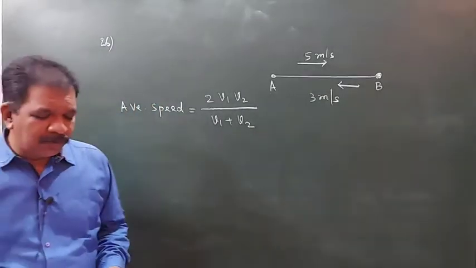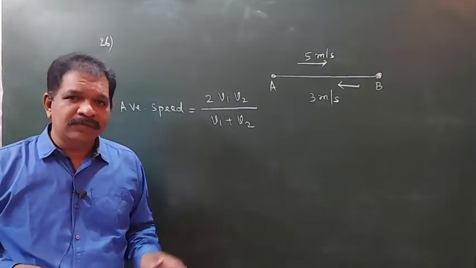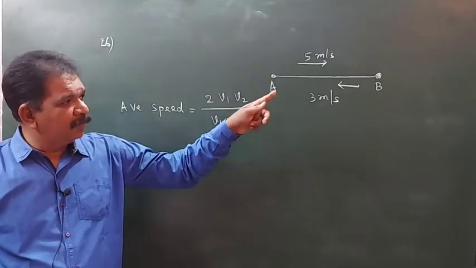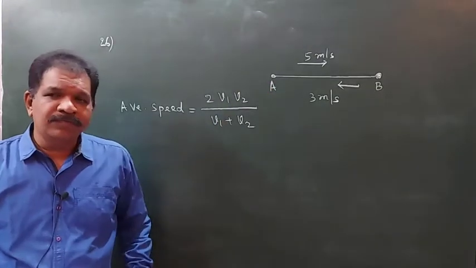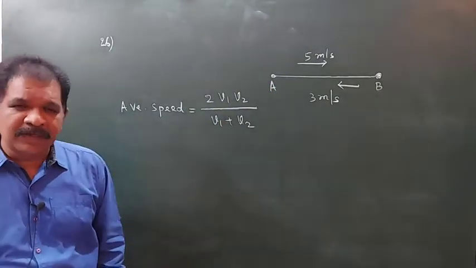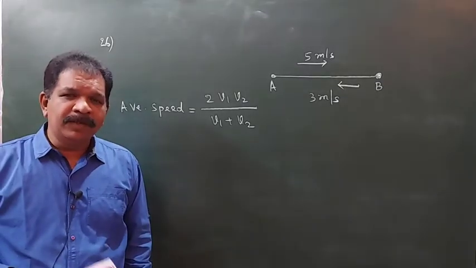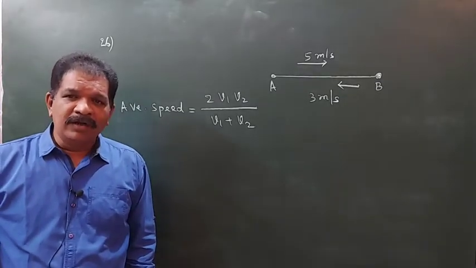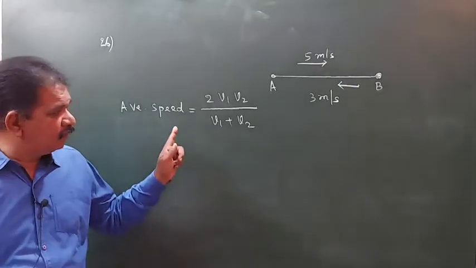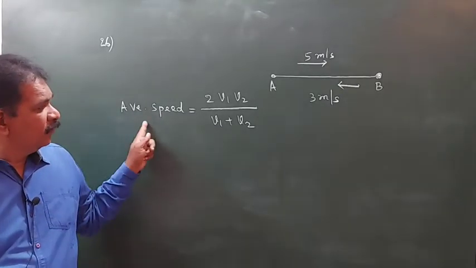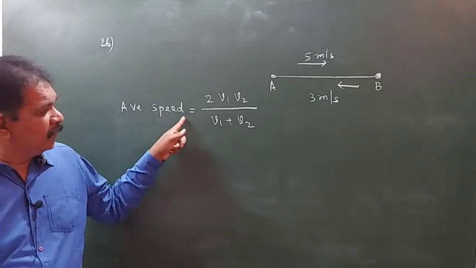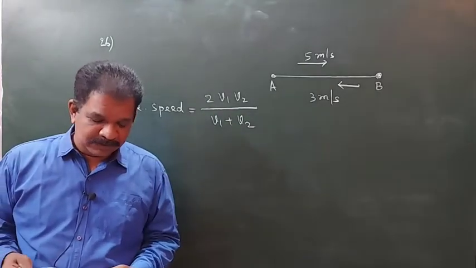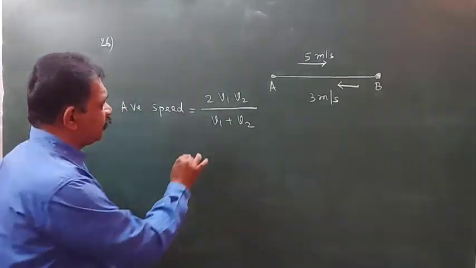Just problem number 22 you see, same concept. So A to B, again B to A, distance or displacement both will be same, only in equal displacement. Body travels with velocities V1 and V2. Find the average speed, means this is the formula. Just we did in 22 on the same page. So what we will get?